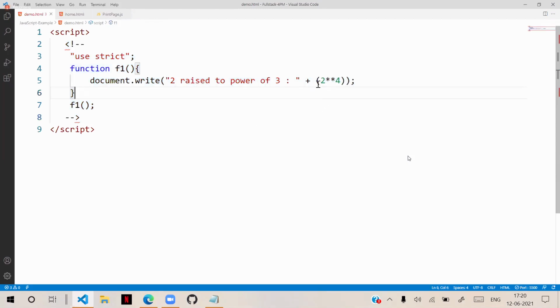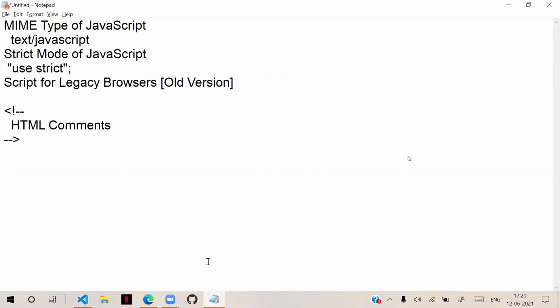It will change 2 double asterisk 4 into Math.pow(2, 4). So this is the old technique of understanding. This is the new technique, which is available from ES6, that means from JavaScript 2015 onwards. It's not there in older versions.